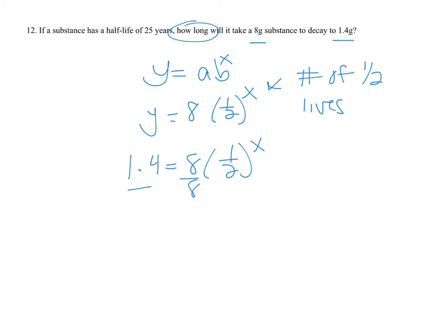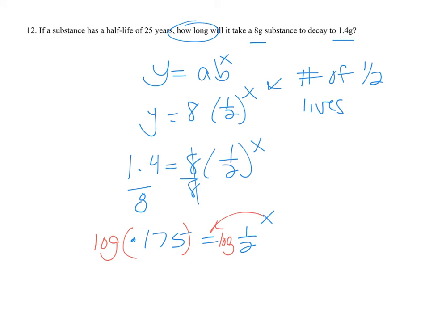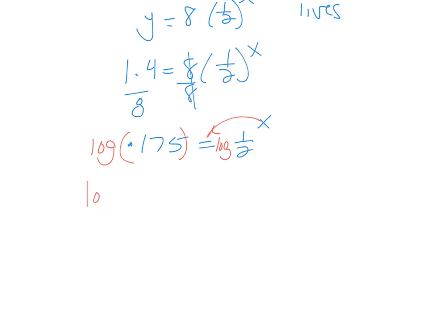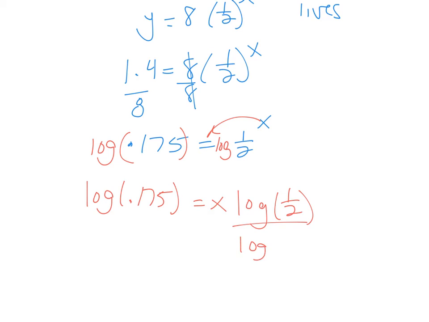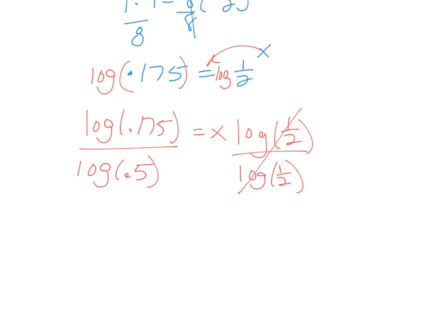So when you solve for this, divide by 8. These cancel. When you divide by 8, you get 0.175 equals 1/2 to the X. To get the X down, take the log of both sides. This comes down, and you're left with log of 0.175 equals x log of 1/2. Divide by log of 1/2. And I actually think it's best to change that 1/2 to 0.5 just so you don't mess up with the division and the fraction in your calculator. And when you do that, you get x equals